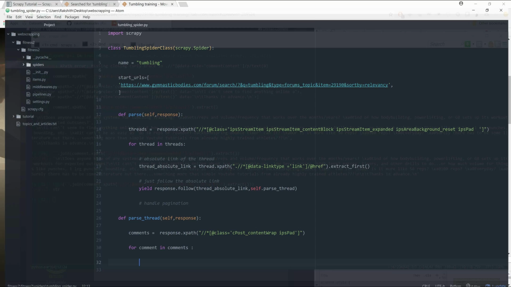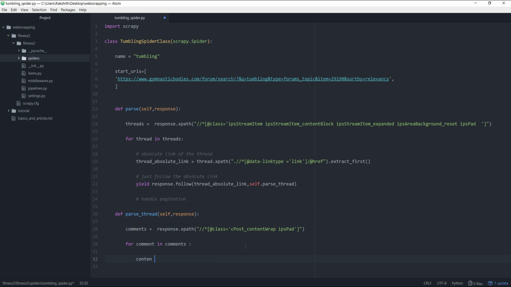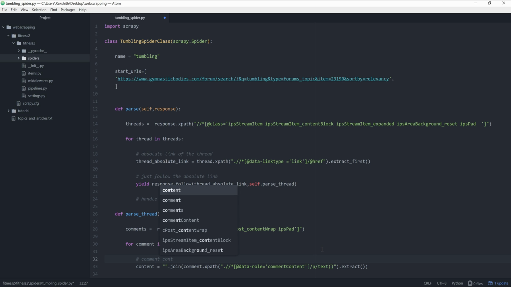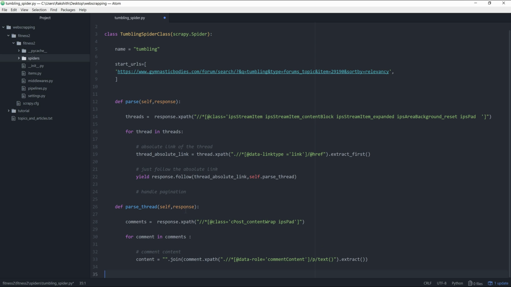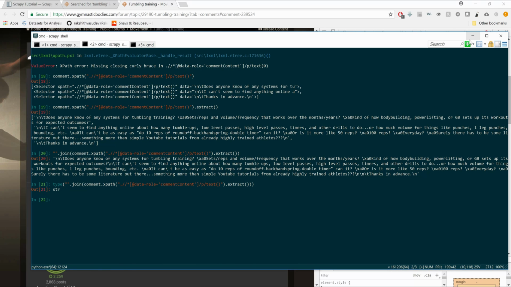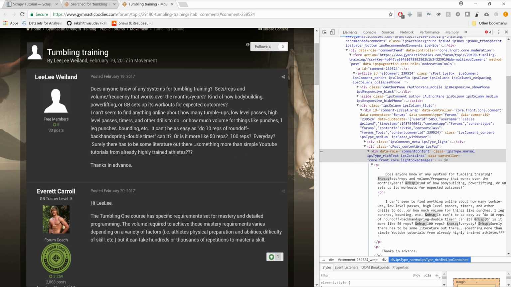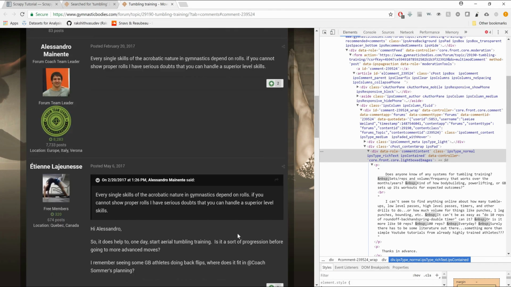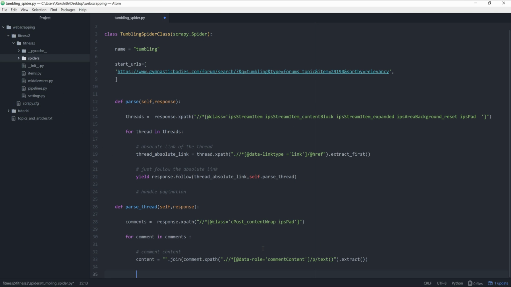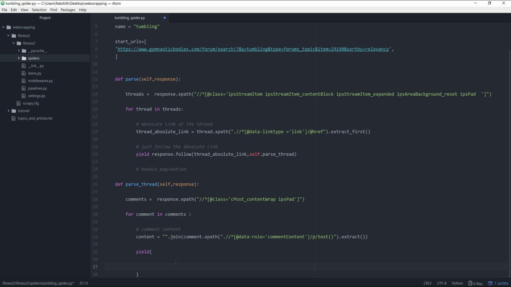That's perfect. Now what I have to do is content is, what is the content? The content is this one right here, join comment.xpath data role. So this is the content of the comment, right? So comment content, you see how rhyming they are? Okay, cool. Now I have the comment, right? Now once I have the comment, all I have to do is just let it do its job for every single comment. So what I'm going to do now is I'm going to write yield, inside over here, and I'm going to give,